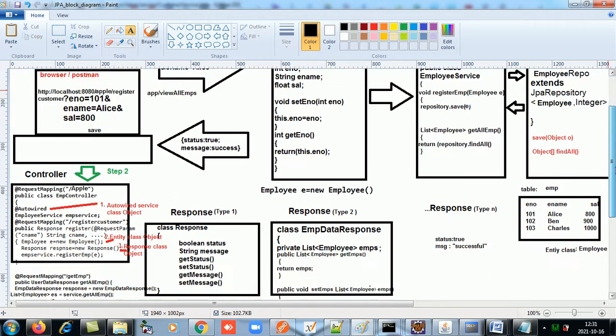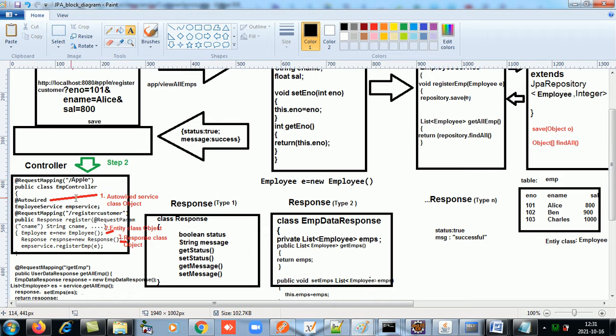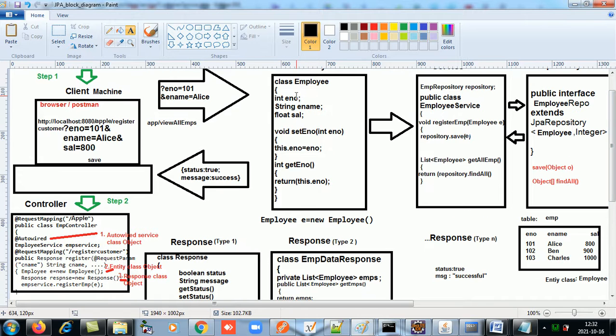Okay. Now in the controller method, first thing we have to do is make an object of this entity class. So I will make an object of entity class employee. E is new employee. So now this is my E object. Just assume this to be my E object.